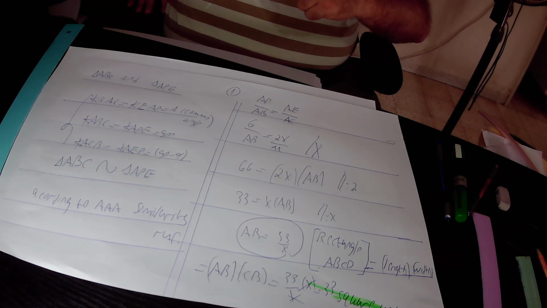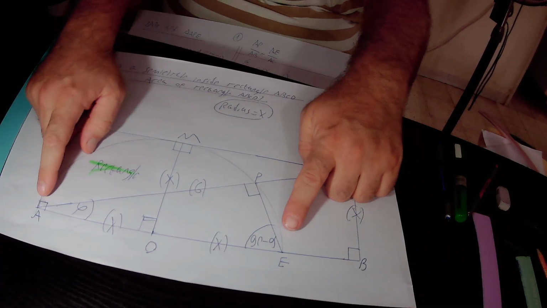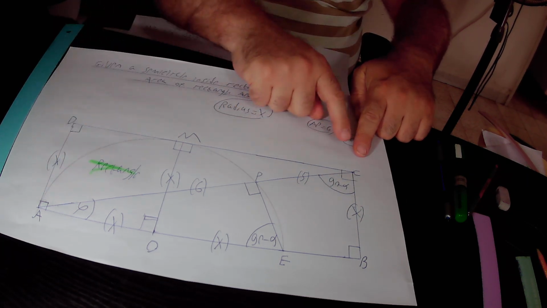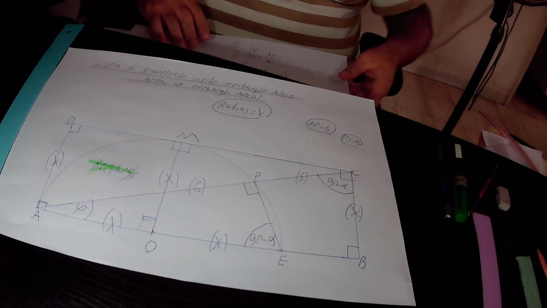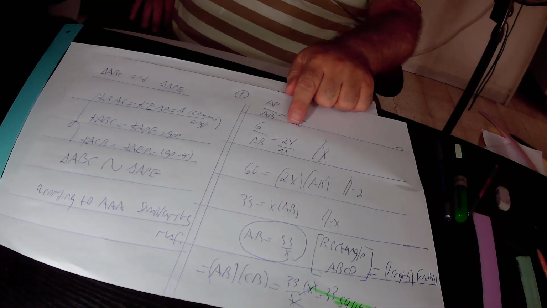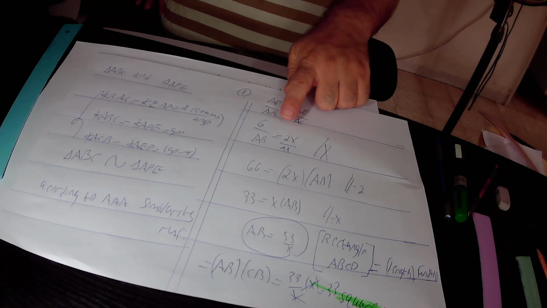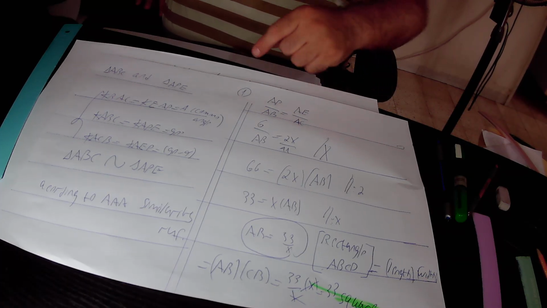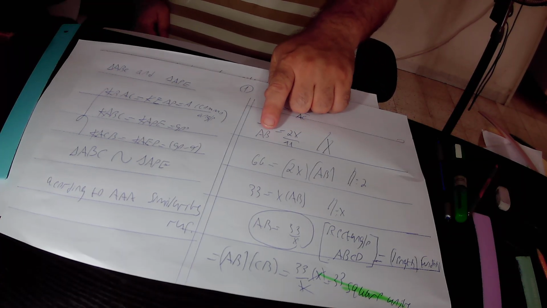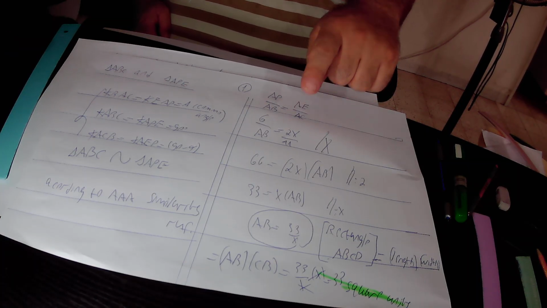AP is 6. AB is the missing side, so leave it as it is. AE is 2x, this is the diameter of the semicircle, that is 2x. And AC in total equals 6 plus 5, this is 11. So in total, we found out that 6 over AB equals 2x over 11. Here we first cross multiply this equation and found out that 6 times 11 is 66 equals 2x times AB. Here we divided this equation by 2 and found out that 66 over 2 is 33, so 33 equals 2x over 2, which is x,